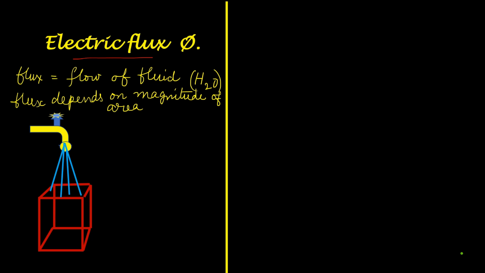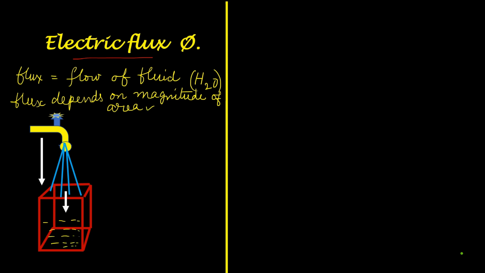Now, can you say what flux is? Here it is the amount of water crossing that surface area. So flux depends on area. Is there any other factor? The vessel should be directly under the tap. That is orientation of the vessel. This is the normal to the plane surface through which water has to enter. And this is the direction of flow of water. These two directions are parallel to each other. So flux of water, that is the quantity of water crossing the area, is maximum.